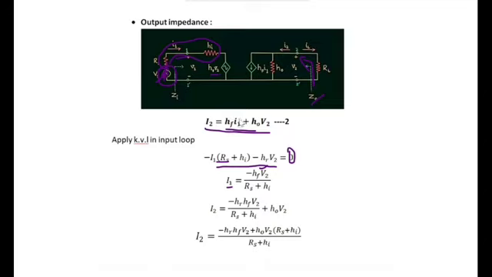That is, the term I1 is substituted as minus HF into V2 by Rs plus Hi. Then we are getting HR into HF into V2 by Rs plus Hi. Sorry, this will be the equation, and again if we further simplify this equation, then we will get